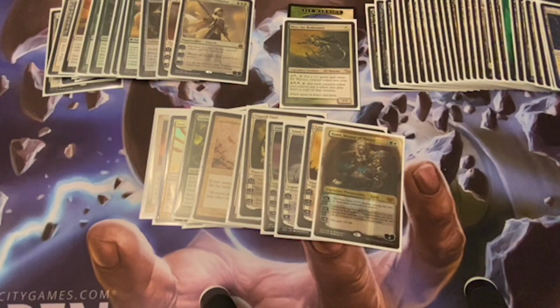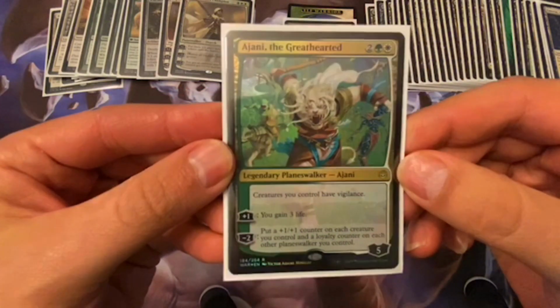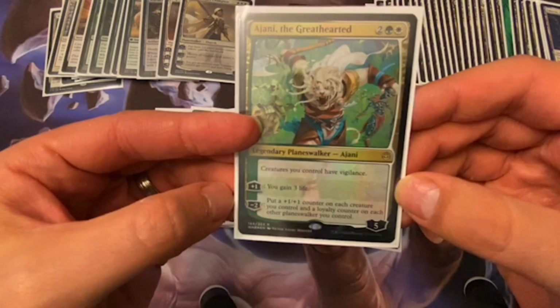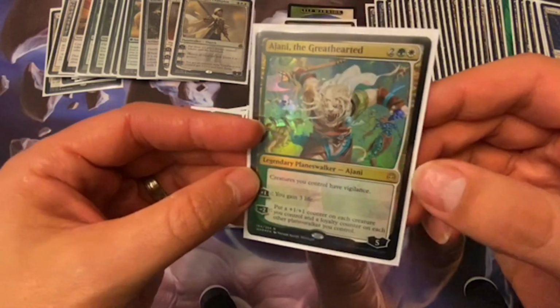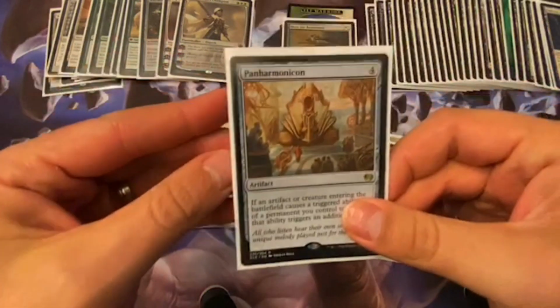And then also from War of the Spark, we have Ajani the Great-Hearted. It gives that blanket, creatures you control have vigilance. Plus 1 to gain 3 life. Minus 2, put a +1/+1 counter on each creature you control and a loyalty counter on each other planeswalker you control. So a good way to buff your other planeswalkers. So how else are we going to gain life? One of the cards that I added in here